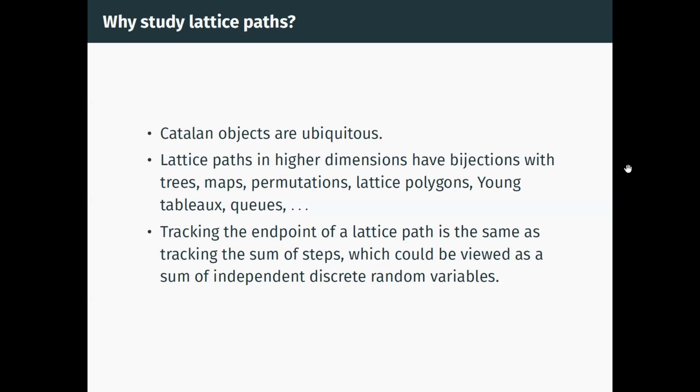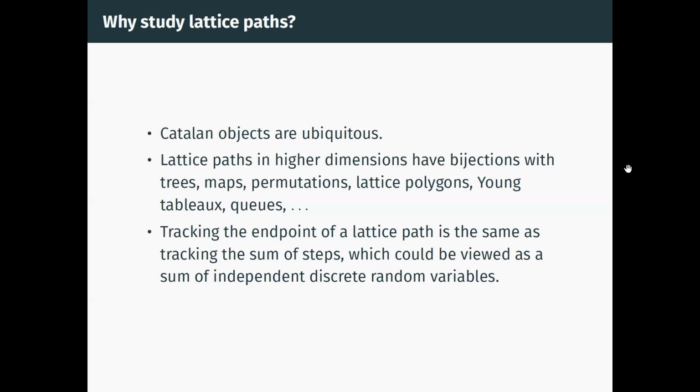Particularly important for the family of walks that I'll tell you about is the connections to Young tableaux and representation theory. And so there's the Littelmann path model, which does involve walks in Weyl chambers. And so there are direct connections there between those walks and representation theory.